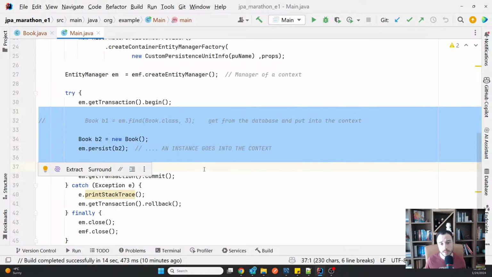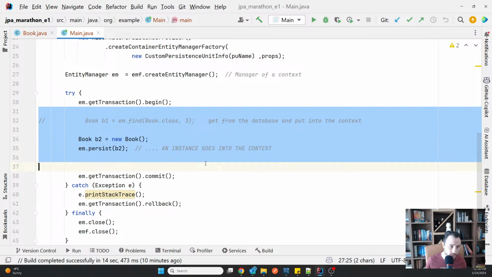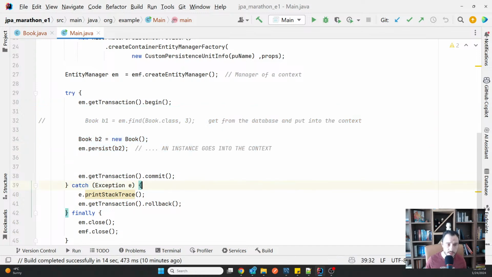And for us, Hibernate has an entity manager, and the entity manager manages a context. And this is where I say, when the transaction is committed, the context is mirrored to the database.